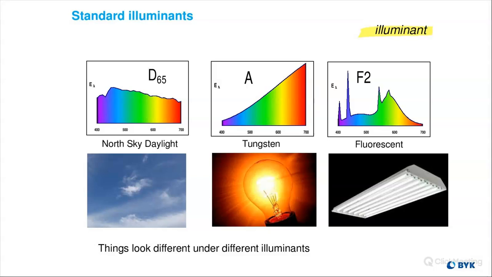The next one was fluorescent. A good example of this is if you had a blue t-shirt under a fluorescent lamp. That blue t-shirt's going to pop because of the spikes that we see here in that emission curve. Whereas something like a red t-shirt is not going to look as vibrant under that fluorescent lighting. So this just goes over some of the standard light sources and what they mean.